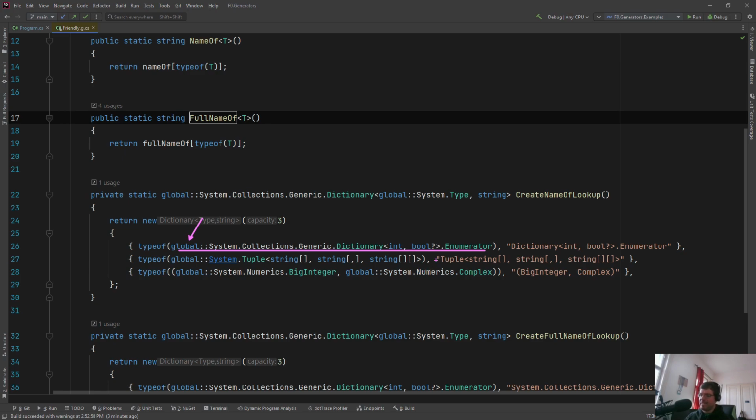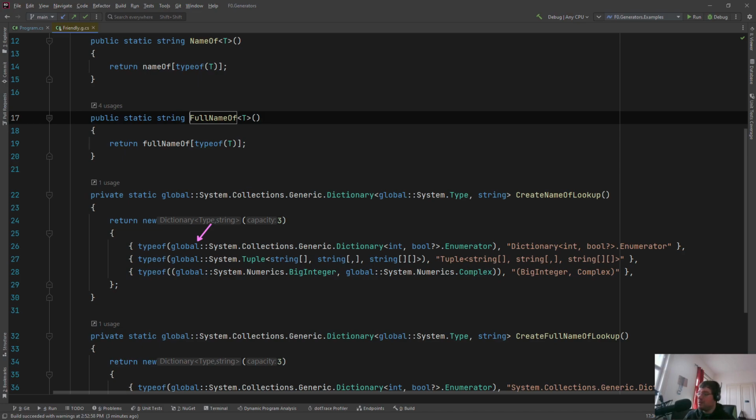So that our source generated code doesn't get confused with already existing user code. If the user would write their own custom dictionary, which may be different because it may not have 2 generic type parameters, but maybe 3, then it wouldn't work. So this is why we always want to refer to the global namespace, so that we get the type that we intend, independent of whether the user code defines a similar type, or defines the type in the same namespace with the same name again. And we may run into